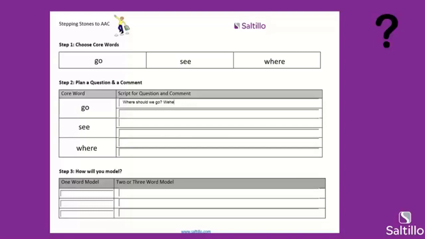We could do the where was the beach ball? Where will we play? Good. I like that one. Where will we play? Sometimes it can just, oh, who is going? Yeah. Ooh, I like that one. Great. Where will we eat? Yeah. You got it. Go is like the most versatile word.